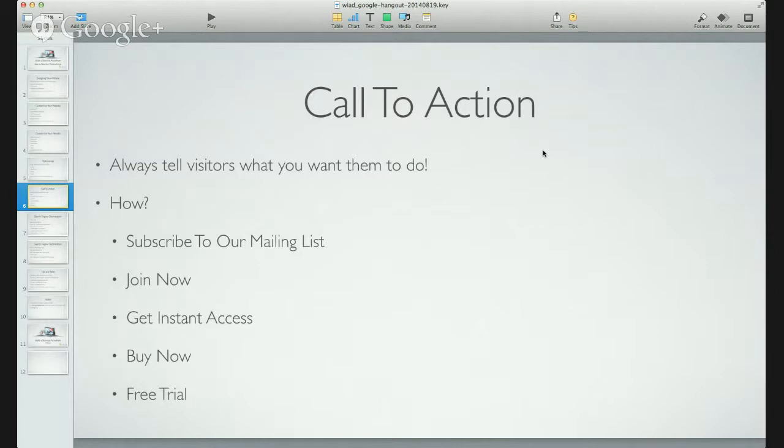Now the first thing is, you might realize this yourself: when you go to a website, you don't always know what to do. So get in the habit, as you're setting up your website, of always telling your visitors what you want them to do. If you want their email address, tell them, please click here, join now, like we've got the list down here. It's very important, because it's almost like visiting somewhere you're unfamiliar with the surroundings. And it's similar when people come to your website.